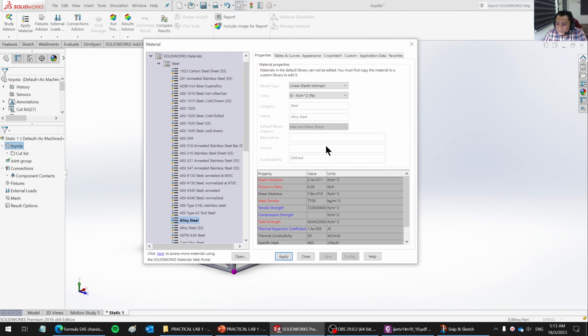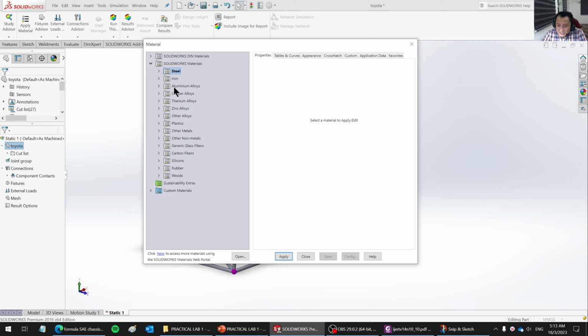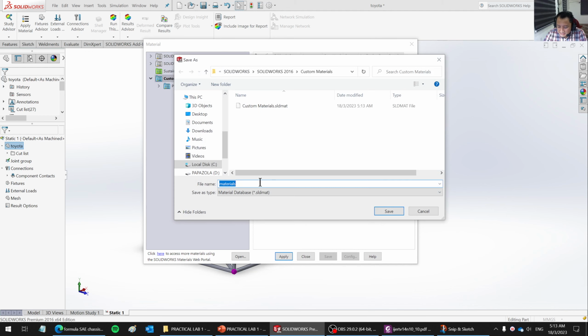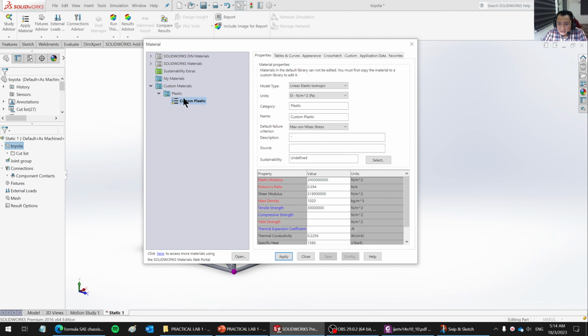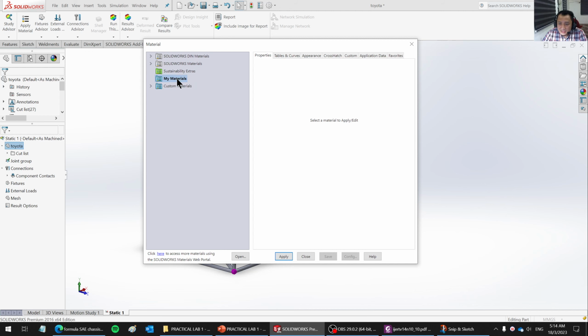What kind of material do you want to put? By right, you should choose something here, or you can create your own. If you want to create your own, you can go to a certain folder, for example the custom materials folder, click expand. I can create a new library, for example my materials. Under custom material, plastic, custom plastic. This is my materials folder. I can click here, right click,